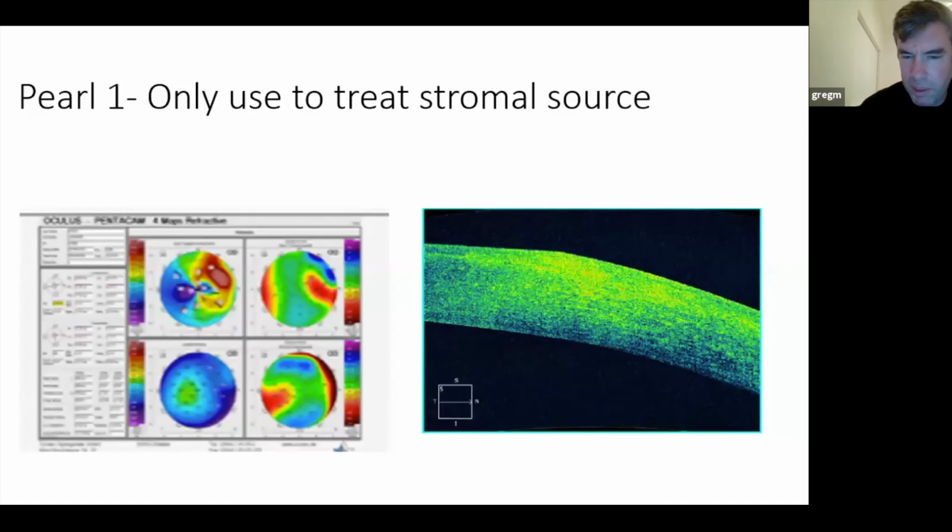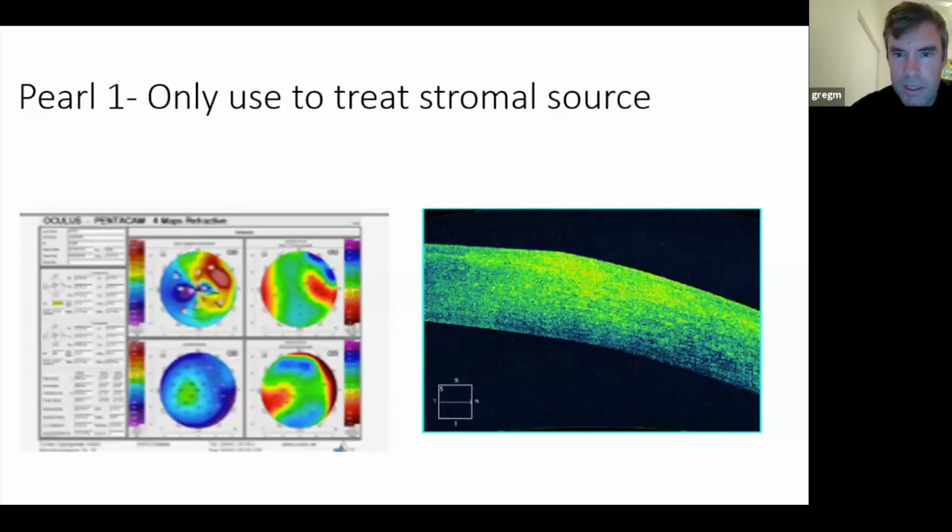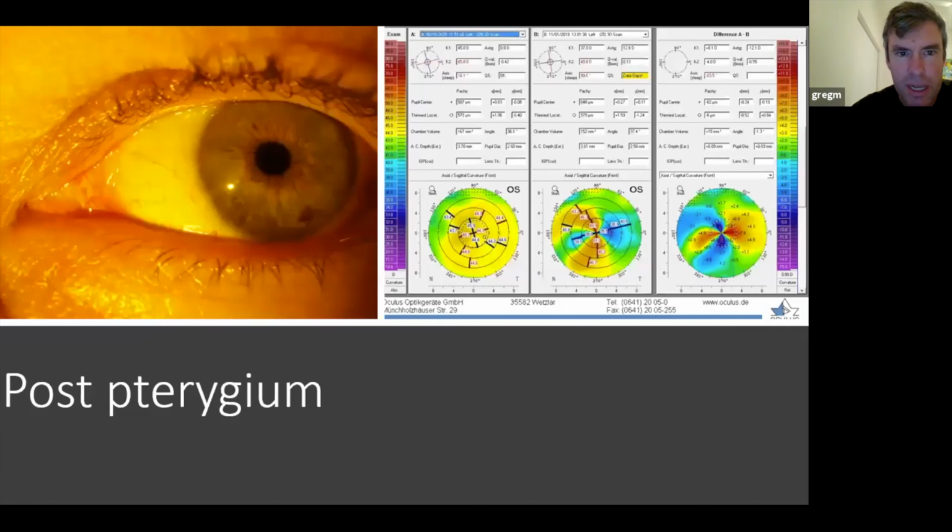And my response to the request for help was, "Can you just send me an anterior segment OCT?" And you can see on the anterior segment OCT that there is a sort of Salzmann nodule above Bowman's membrane, which we know is an easily treatable surgical challenge. This same patient came to my clinic having had just that, and we had a pterygium patient who had 12